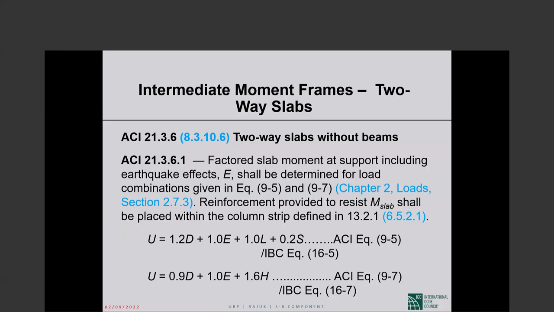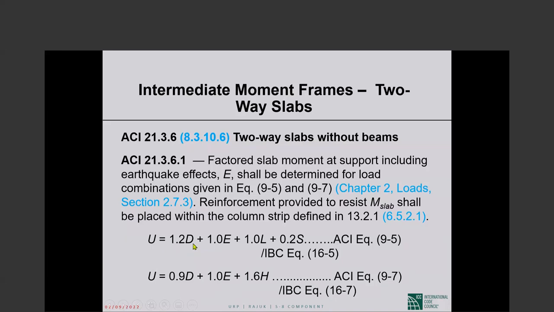Okay, the 5 minutes are up, so let us start again. We are now beginning to talk about slab column, flat plate column frames being utilized as intermediate moment frames. They cannot be special moment frames, but they can definitely be intermediate moment frames. When you want to utilize a flat plate column frame as an intermediate moment frame,